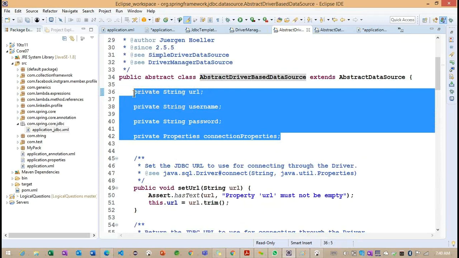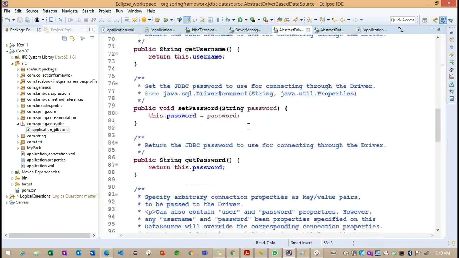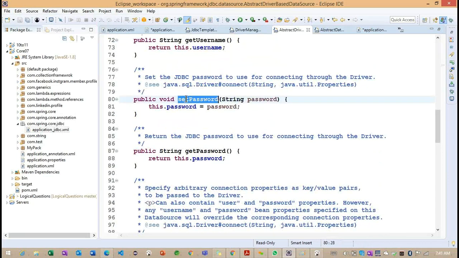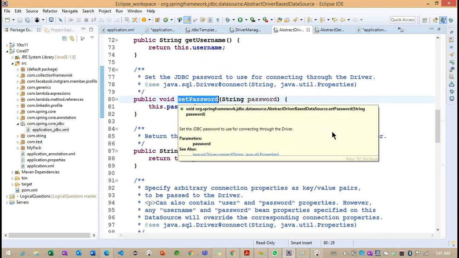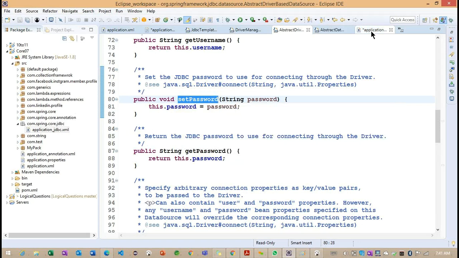They are not having any constructor related information. Now you can see all are properties only. If you want to understand, setPassword is a setter injection or not? Getting the point. So we need to think here whether we can provide constructor injection or setter injection, and here we can go for setter injection.